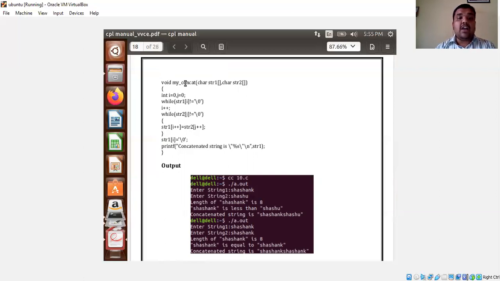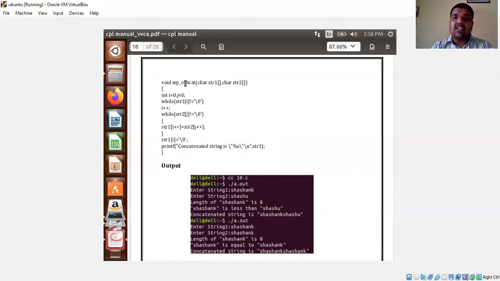While str1 of i is not equal to a null character. This is the primary condition. If string 1 is not a null character, then go on. While str2 of j is not a null character, then perform str1 of i plus plus is equal to str2 of j plus plus.